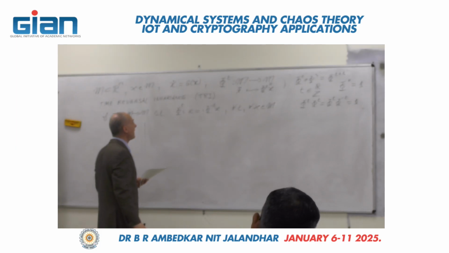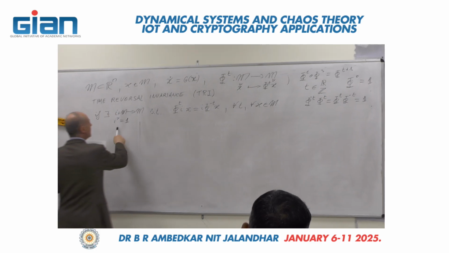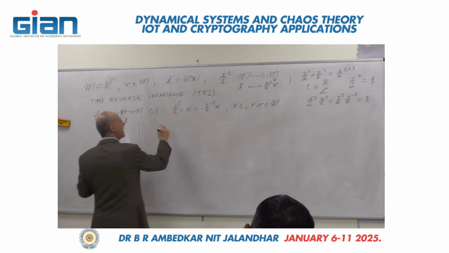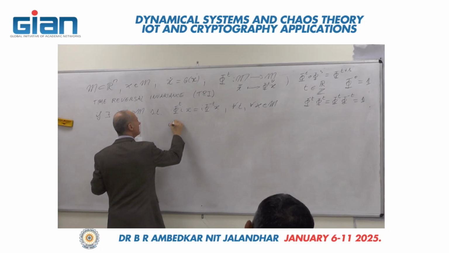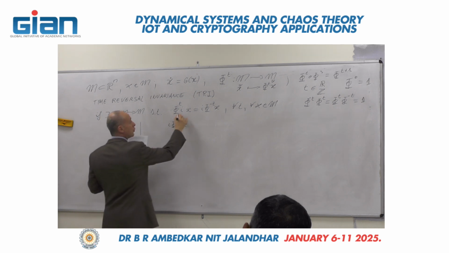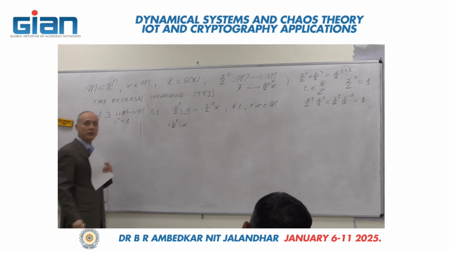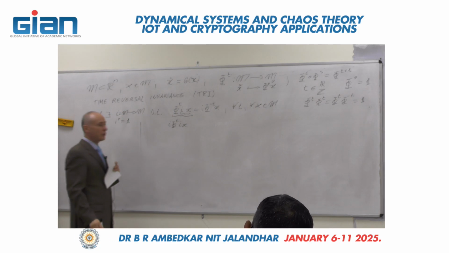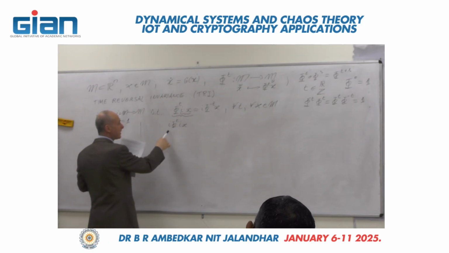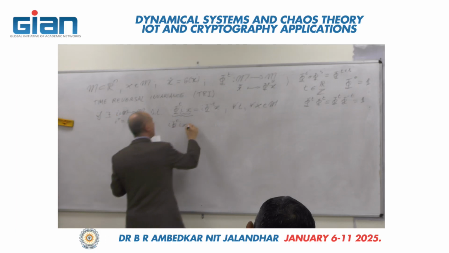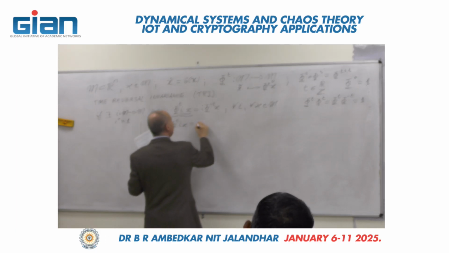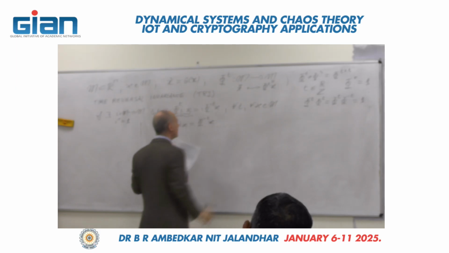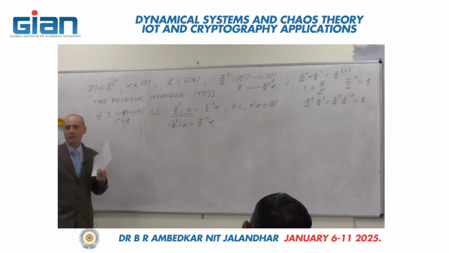What does this property tell us? Well, you remember that I squared is equal to 1. So if I apply I on the left, I phi t I x, because this is a point of our space, then to a point of our space I can apply I. I phi t I x is equal to I squared phi minus t x. But then I squared is the identity. So it is equal to phi minus t.